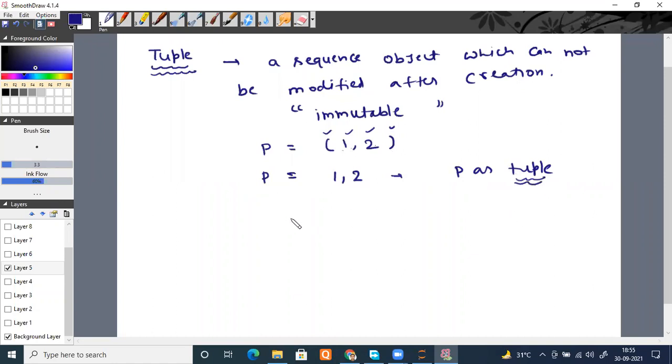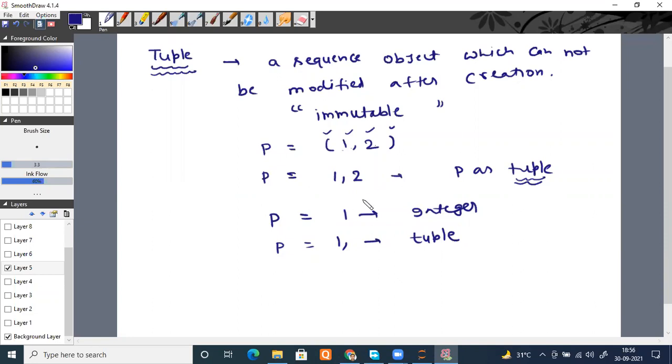One more thing: suppose I put P equal to 1, only one element. In this case, your Python interpreter will consider it an integer, right? But if I put a comma after 1, just 1 comma, then the Python interpreter will consider it a tuple object.